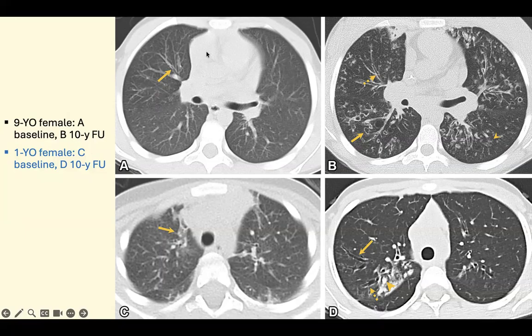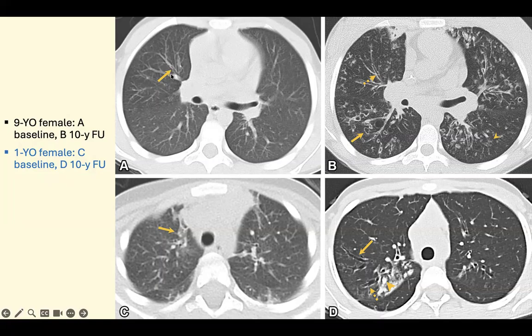There is consolidation here. Here, just peribronchial thickening. Peribronchial thickening is one of the features in radiology that is neglected or not given weight in reporting. Peribronchial thickening was present in the patient when he was 9 years old. At least mention peribronchial thickening, looking for small airway centered disease. Otherwise the patient will be called normal. If you mention this case as normal, it will pass as normal. But if you mention there is a possibility of small airway centered disease due to peribronchial thickening, this will alarm pulmonologists